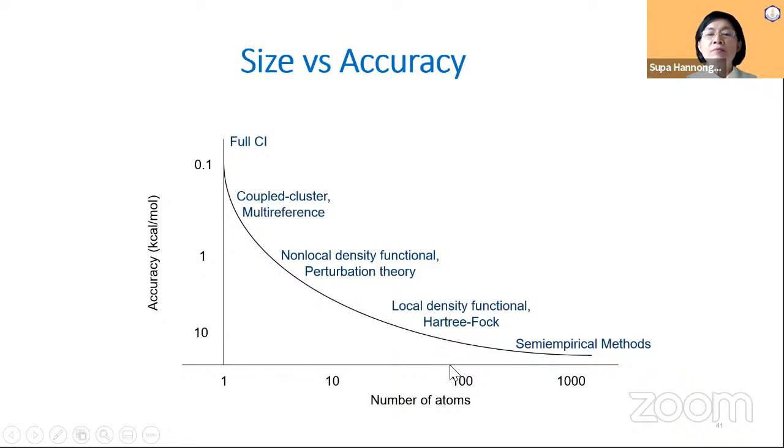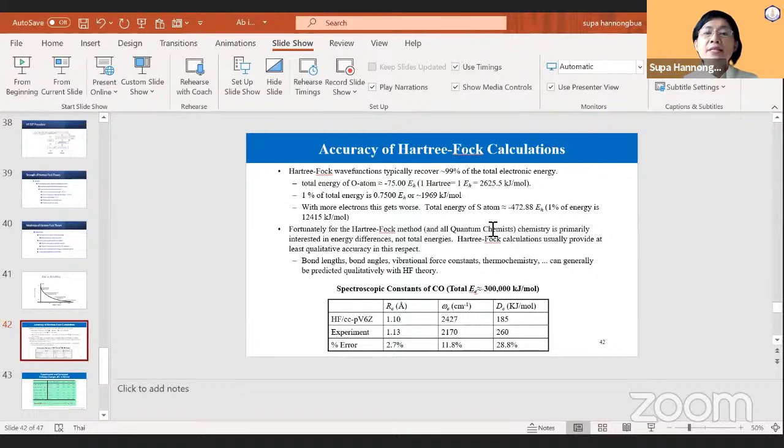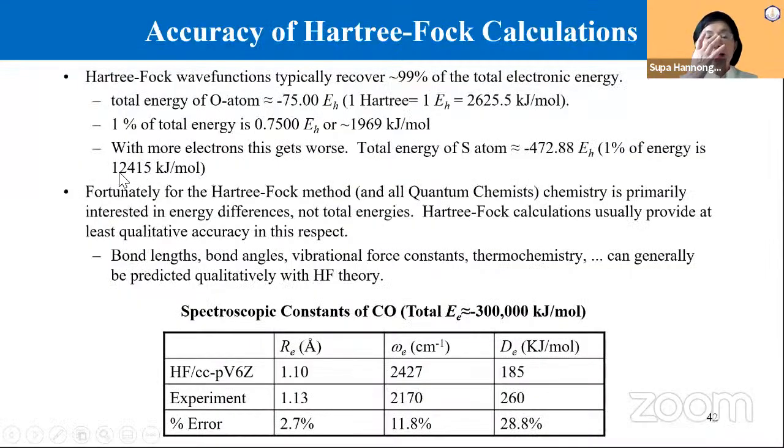But if more than that, it is not possible. And if a very small number of atoms, then we can increase the accuracy based on other methods after the Hartree method, right? I have a couple of examples that the accuracy of Hartree calculations is quite nice,